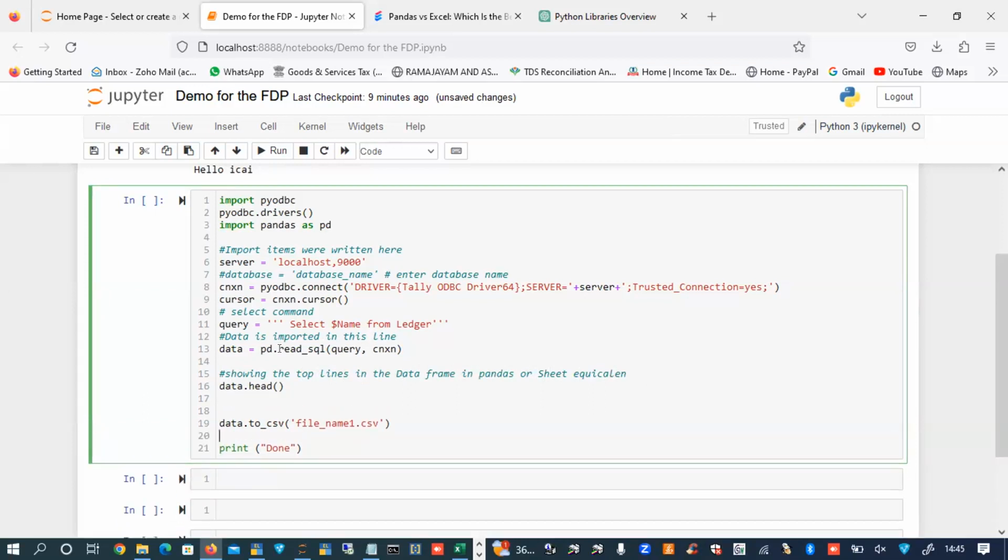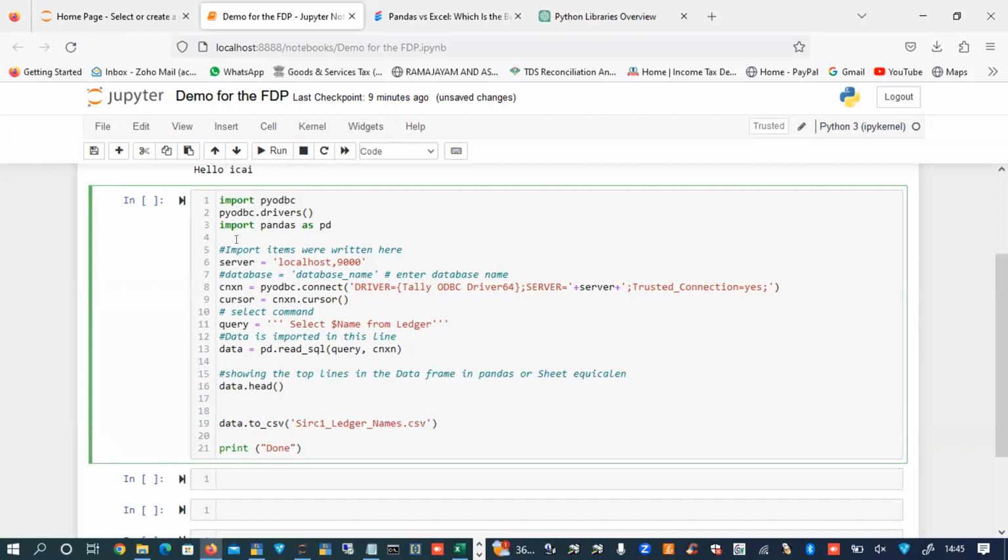So now you can see what data.to_csv does. It saves as a file name, like file_name1.csv. I'm going to say SARC1 ledger underscore names dot CSV.